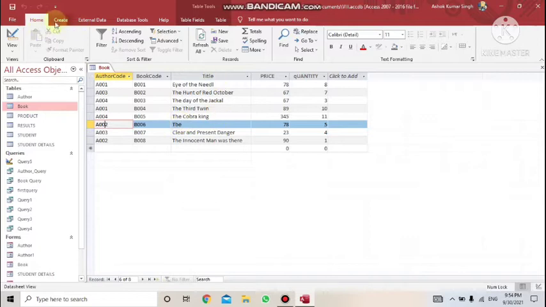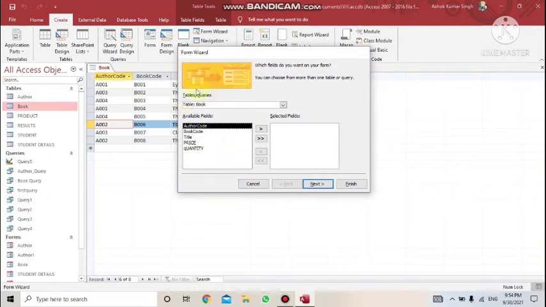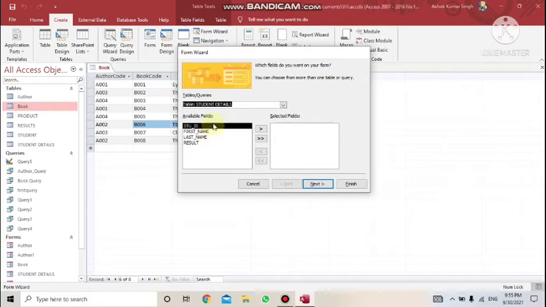How to do this? Click on create. Tables we have already done, queries done. Now go to forms. Two ways are there to create the form, either in form design or form wizard. We'll choose the option form wizard. Click on that. Once you click on that, it will ask you on which table or query you want to make the form. So many tables, so many queries are there. Suppose I want to make this form on product or student details, whatever you want. I want it on the student details.